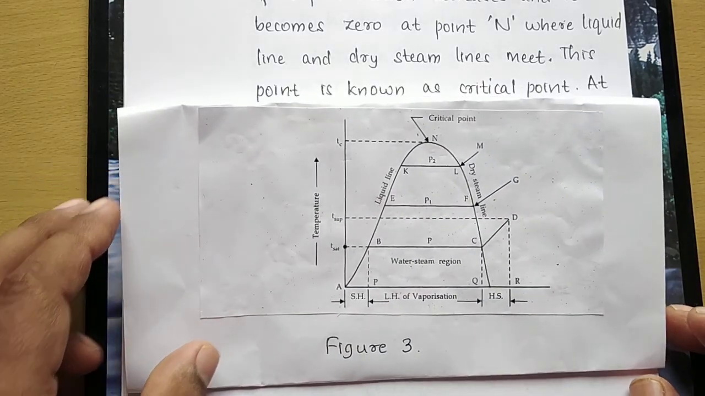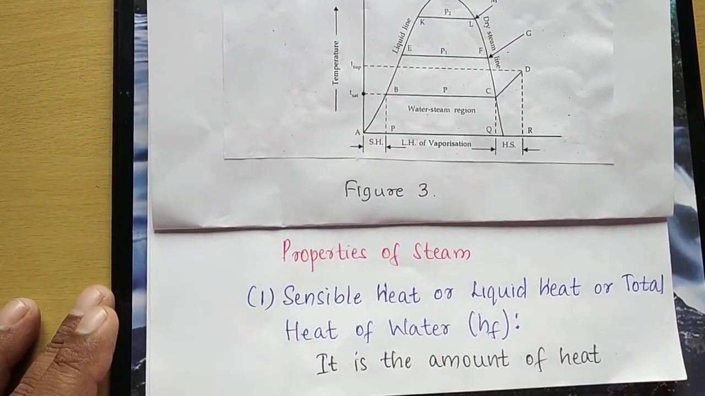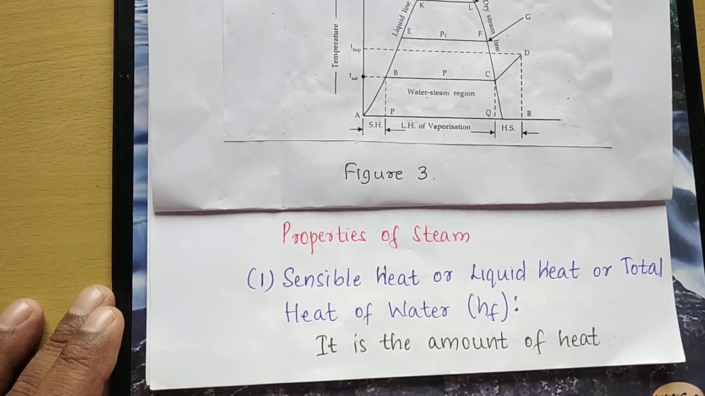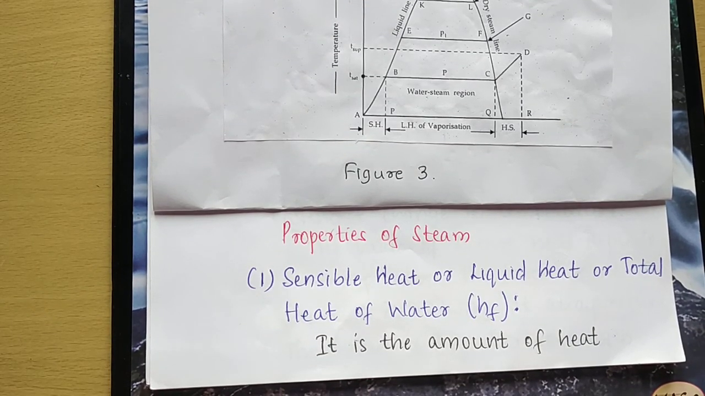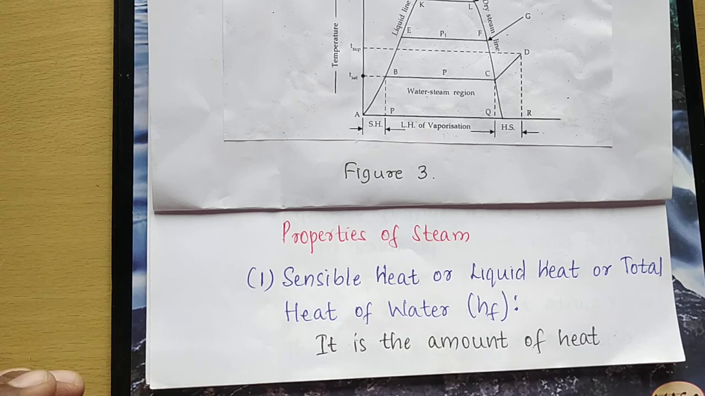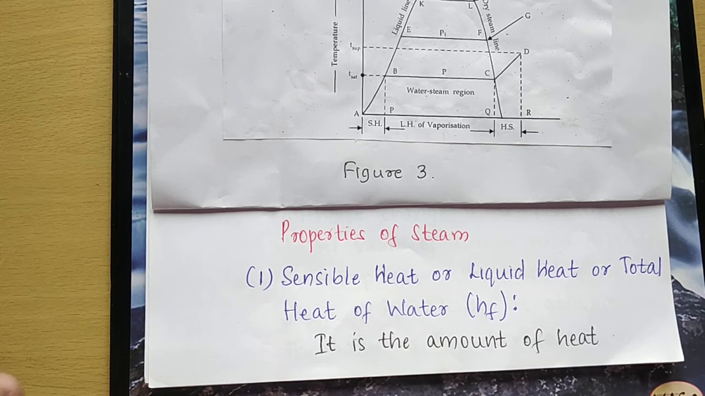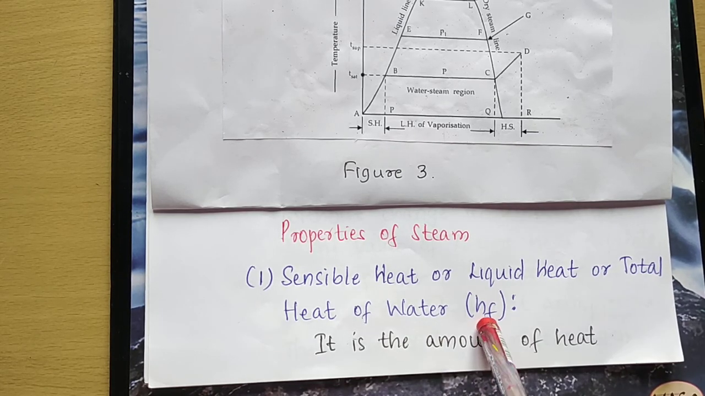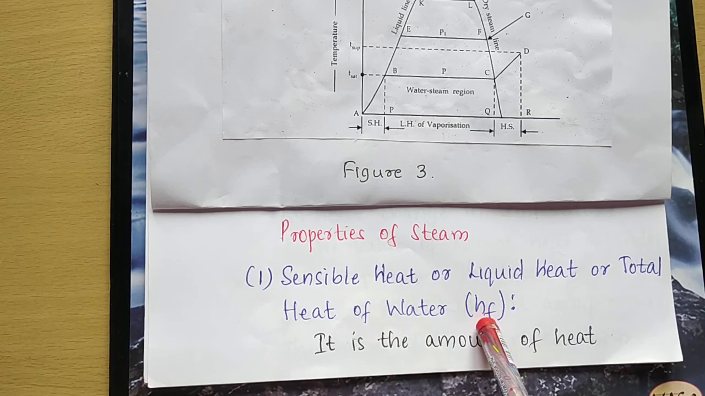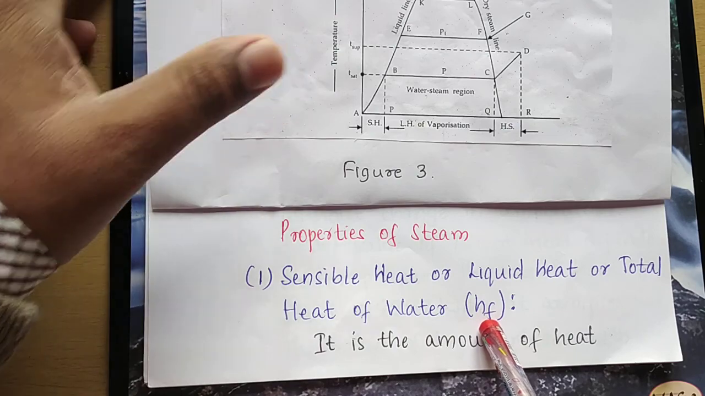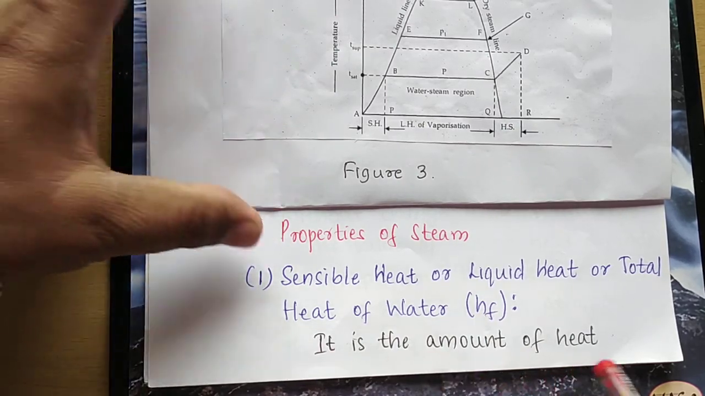Now let us see the properties of steam. The first one is known as sensible heat, or heat of liquid, or total heat of water. All have the same meaning. The symbol we are using here is hf. I can define it as the amount of heat